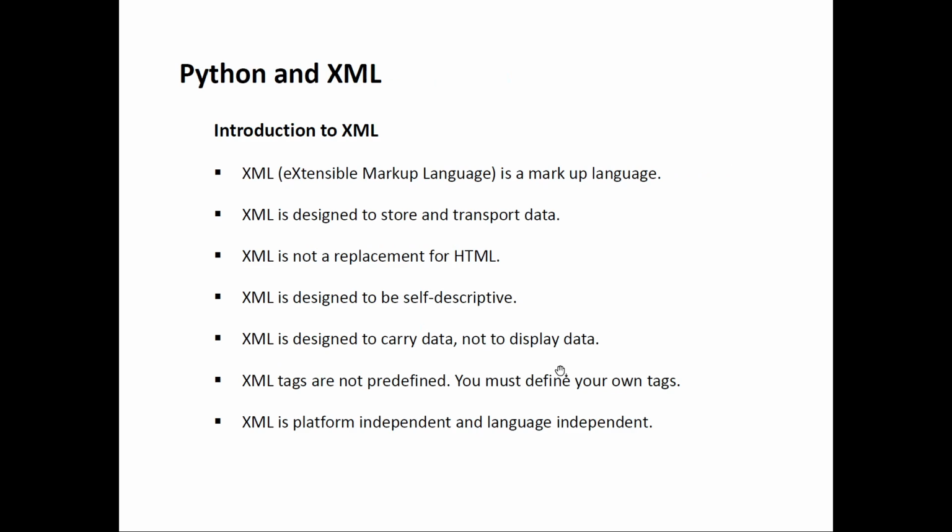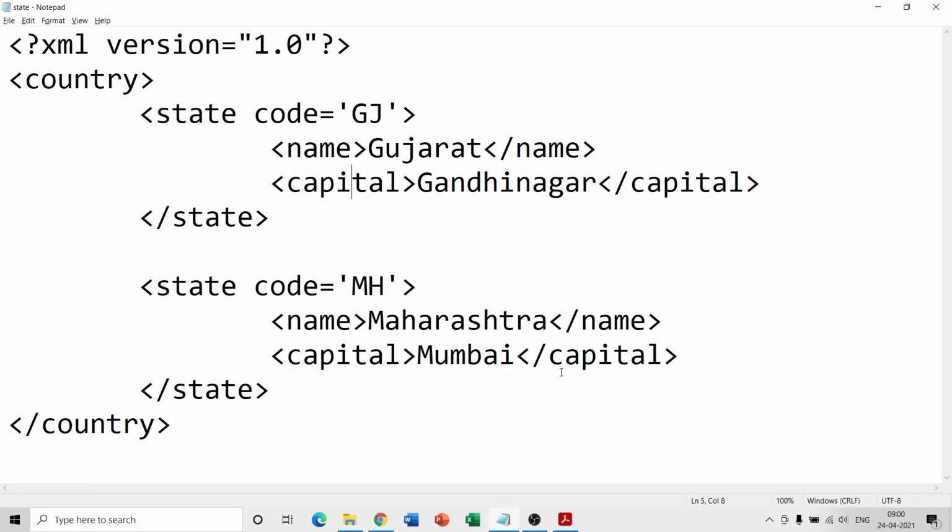Now, why is a little bit of knowledge of XML important? Because you are going to fetch some data from a website. Say, for example, this is the code of the website. You need to have certain knowledge about the code of the website, as well as the hierarchy in which you want to fetch the data, or what level of data you want to extract.